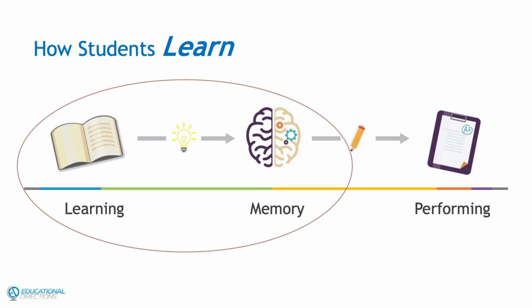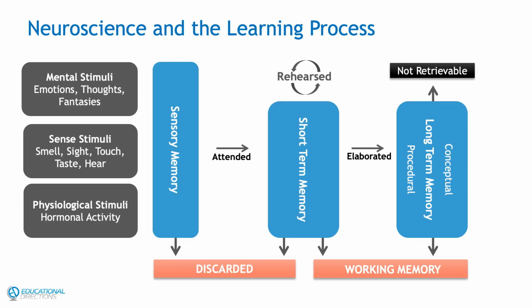So learning is the ability to take the things that are happening in the moment, transfer them into short-term memory, and ultimately get them into long-term memory. We have a better visual that blows out this particular item. This is our neuroscience of learning model. So things are happening. You're walking down the hall, you're seeing people high five, you're walking into a classroom. All of these things are sensory memory, the stimulus that you might notice, and a few minutes later, you couldn't remember if somebody asked you about it.